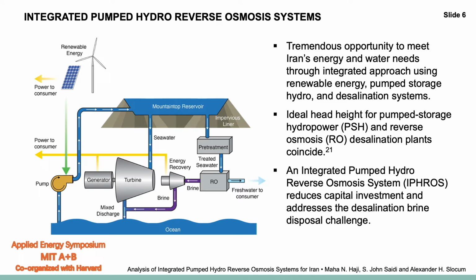Previous research in our group found one can exploit the commonality of ideal head of pumped storage hydropower and reverse osmosis plants to develop an integrated approach to increase overall efficiency and reduce capital and operating costs. The figure on the left shows a schematic of such an integrated pumped hydro reverse osmosis system, or IFROS. Excess peak solar and wind power are used to pump seawater up to an impermeably lined reservoir to store energy